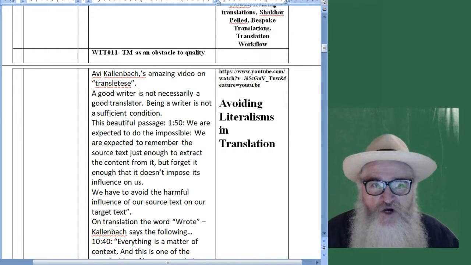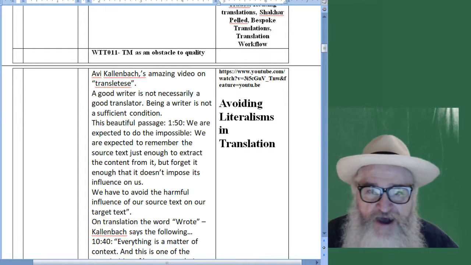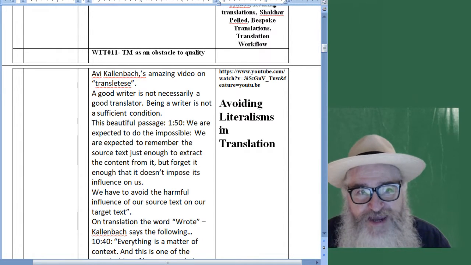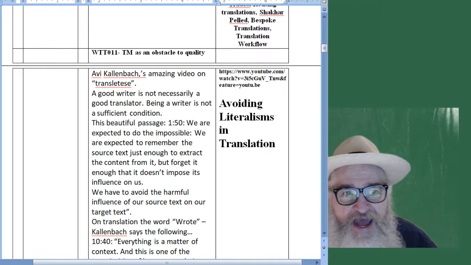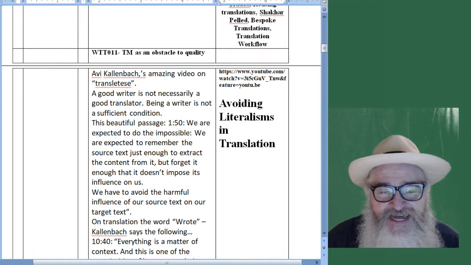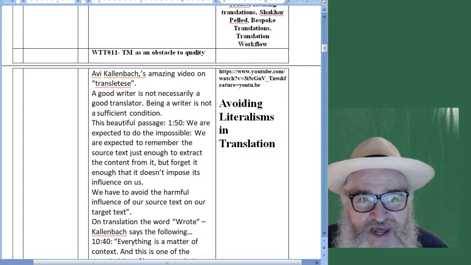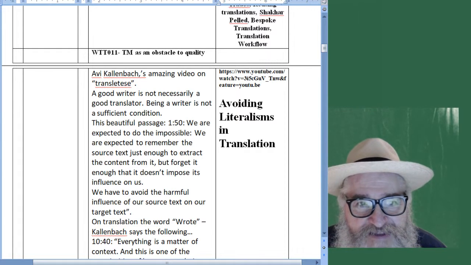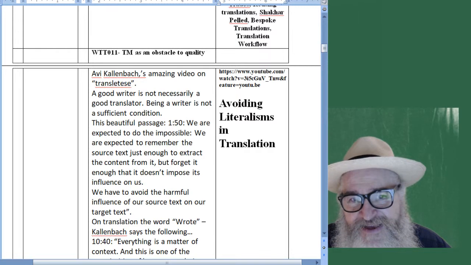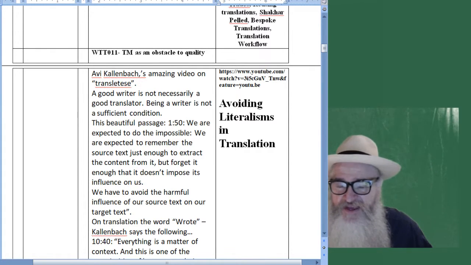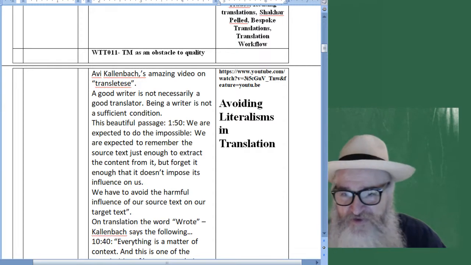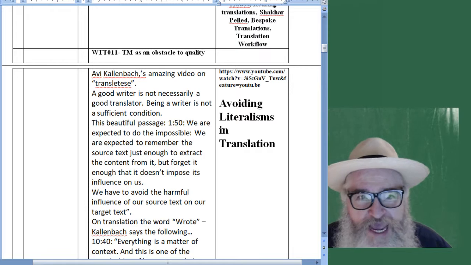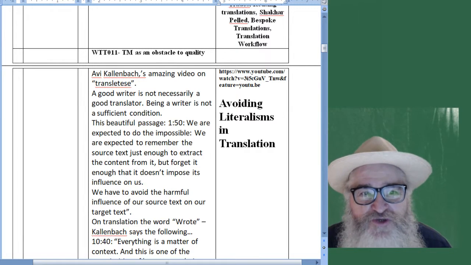But what I want to focus on is Avi's take on translation as an art and how to avoid translatese. And he says that a good writer is not necessarily a good translator. Being a writer is not a sufficient condition, and in minute 50 he says this beautiful passage, and he says about translators: we are expected to do the